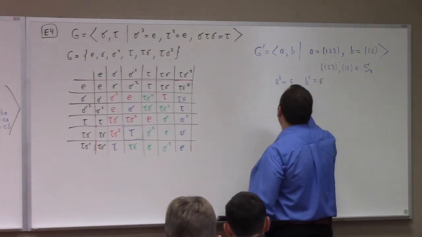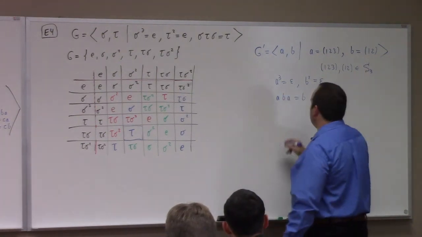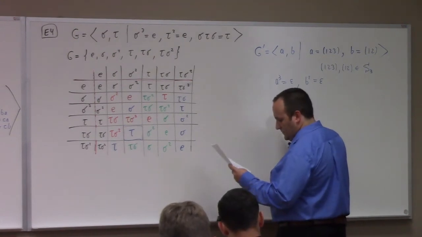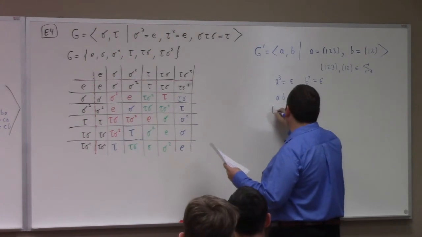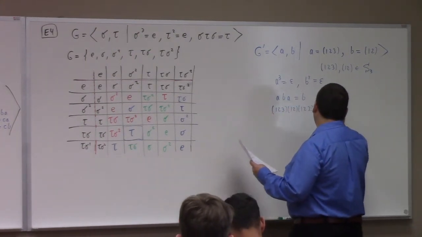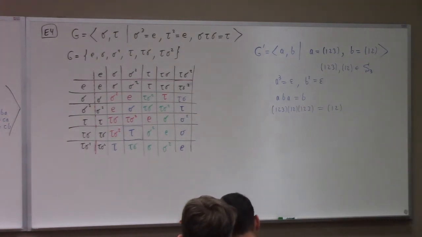And it's a relatively simple matter to prove that BAB is equal to A inverse. You can check it. Oh, wait, I got that backwards? No, I don't. So (1 2)(1 2 3)(1 2) is equal to (1 3 2) again. I invite you guys to check that. It's easy. So these permutations, (1 2 3) and (1 2), satisfy the same relations